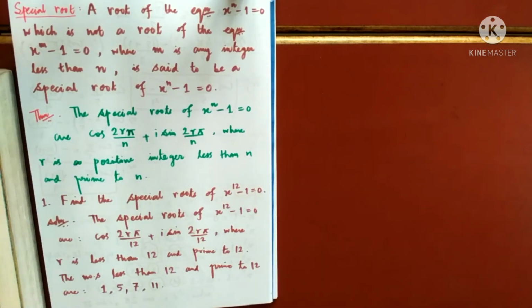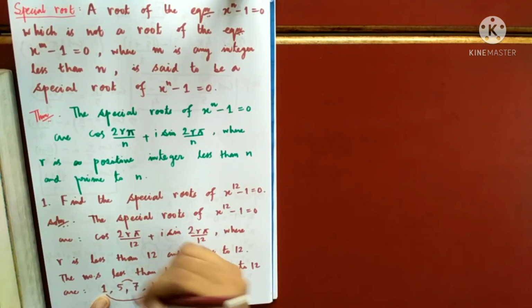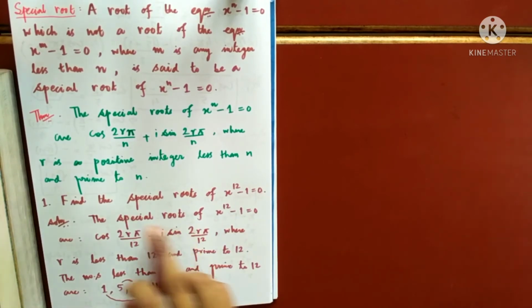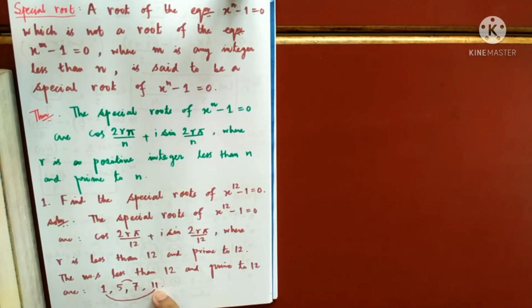So now we have an idea of special roots. Remember, these two will be the reciprocal of each other, because whenever the sum is n, one of them is the reciprocal of the other, because alpha to the power 12 equals 1. So alpha to the power 11 is 1 by alpha, and these two are prime to each other. Prime in the sense reciprocal. Let me write it down, otherwise you get confused. So what are the roots? r is 1, 5, 7, 11. If I call this alpha, hold on, I solve it.